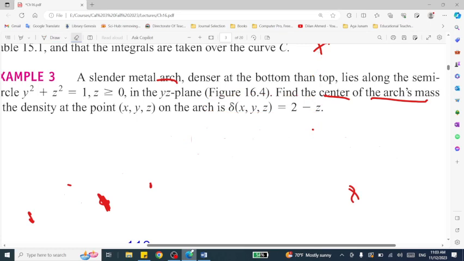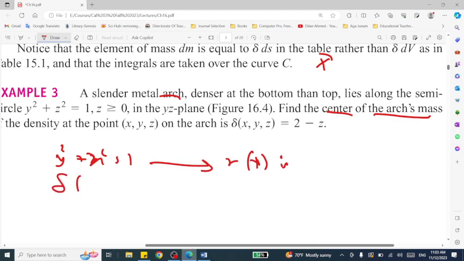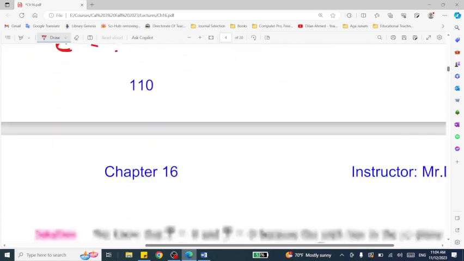Write the given. For example, here we have y square equal to 1. Delta is 2 minus z. That is given. Center of mass. Okay dears, good. Now we are going to talk about